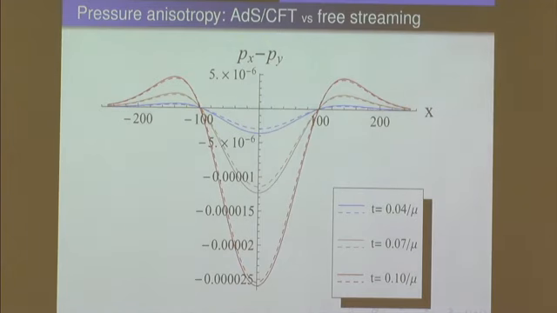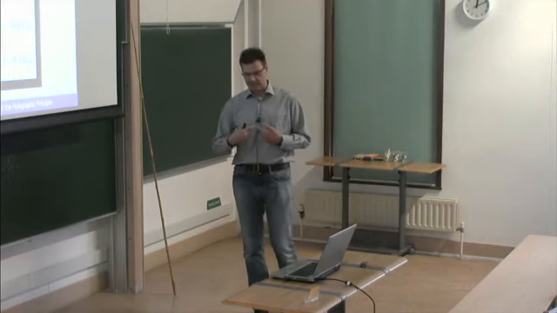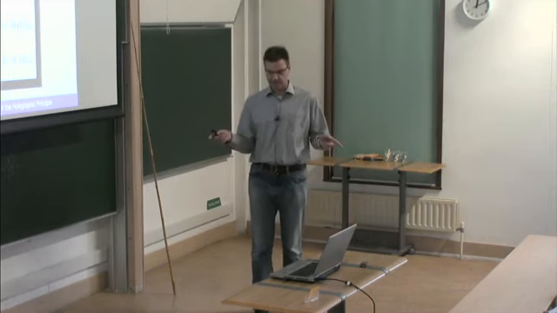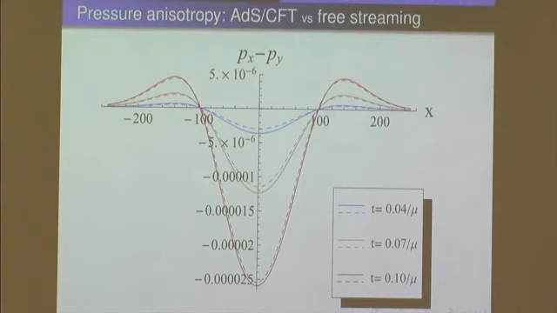What's more interesting is to go into the co-moving frame and then extract the different components of pressure in the x and y directions. Because the inhomogeneities were in the x direction and nothing in the y direction, you expect to see some anisotropy in the pressure. And indeed, here it is, and you can see that it actually grows initially, so the anisotropy becomes more pronounced.